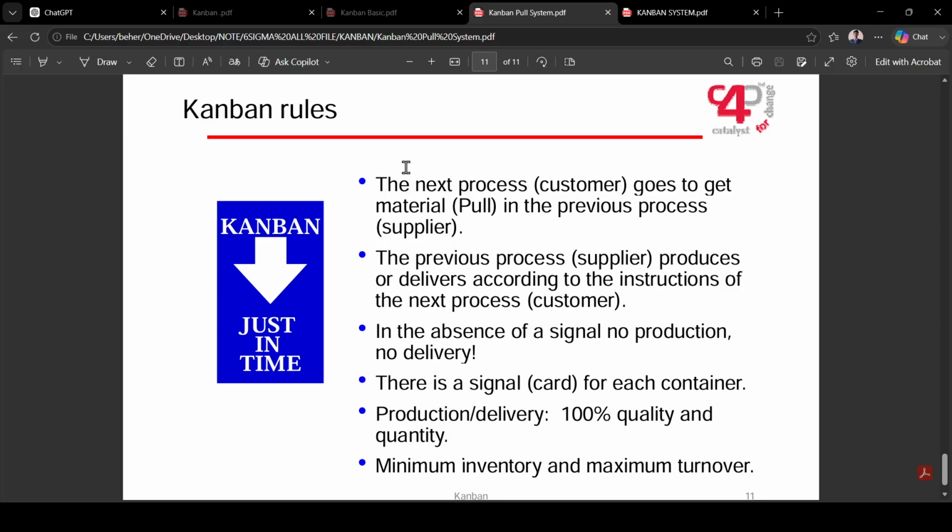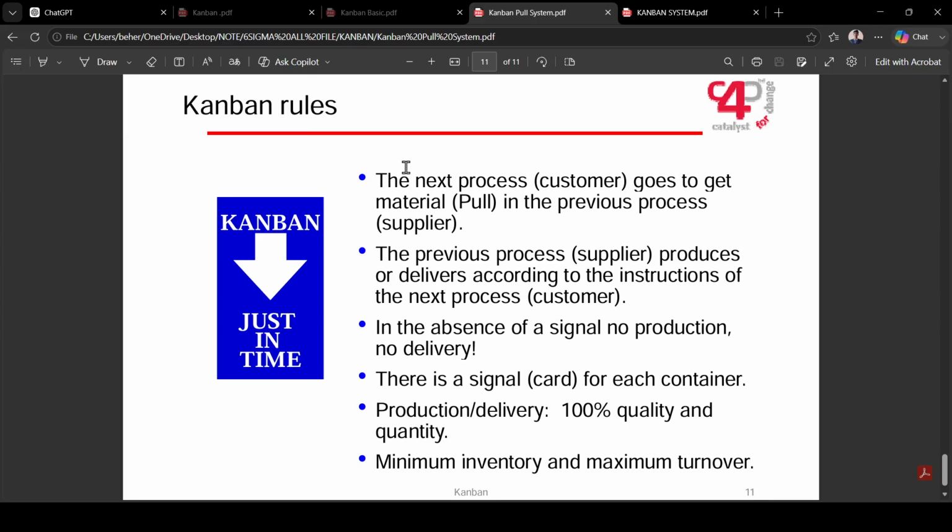Kanban rules. The next process, the customer, goes to get material, pulling from the previous process, the supplier. The previous process produces or delivers according to the instruction of the next process, the customer. In the absence of a signal, no production, no delivery. There is a signal or card for each container, and production or delivery is 100% quality and quantity, with minimum inventory and